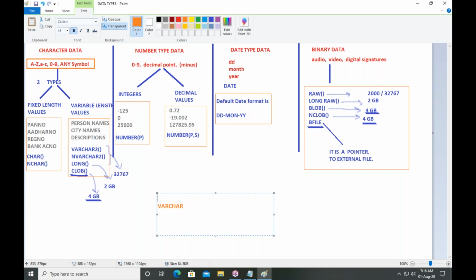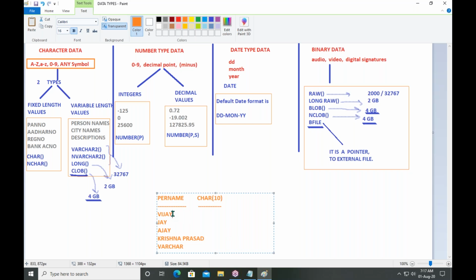This is a very lengthy explanation, listen carefully. Suppose person name. The data type I am using is character of 10. This is the column name, and next is the data type and size. Suppose Vijay, J, Ajay, Krish or Krishna Prasad.